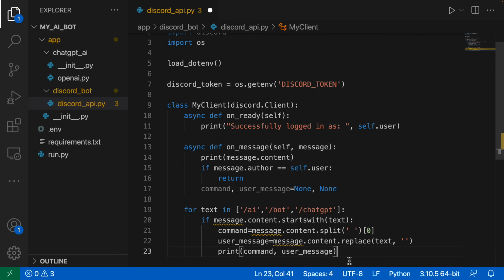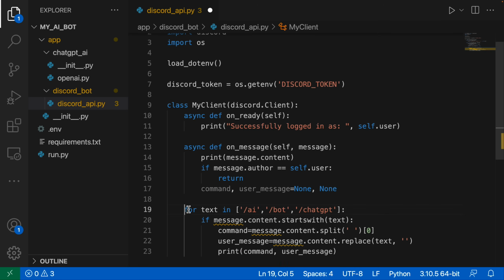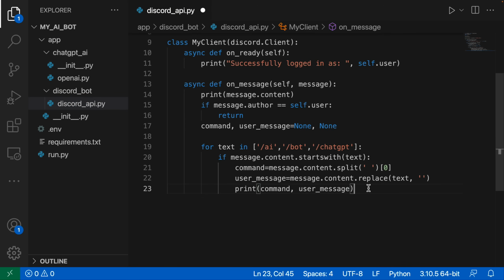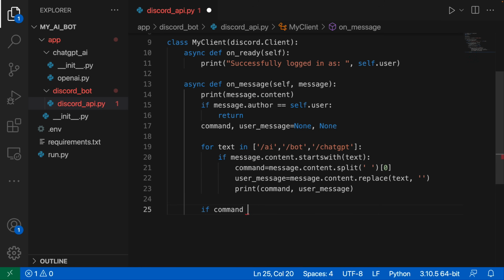Now, as you can see, we are getting an error message saying that the message is not defined. That's because our for loop is actually outside of the bounds of our method. Now that we split the user's message into two parts, into command and user message, we want something to happen when that command is called. And let's say if command is any one of those strings, so if command is equal to,